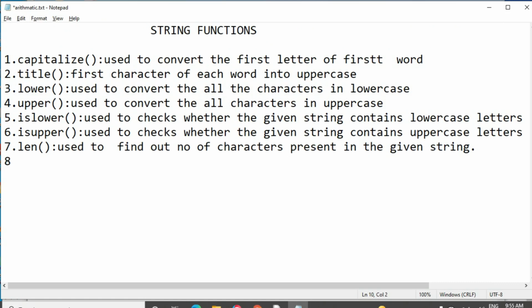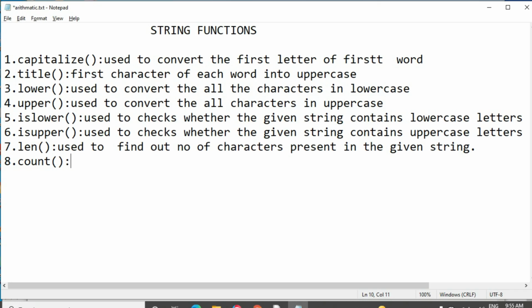Then the next one, countof function. Length and countof functions display numerical values. They return numerical results, but there is a slight difference.